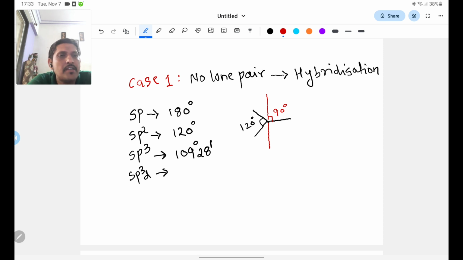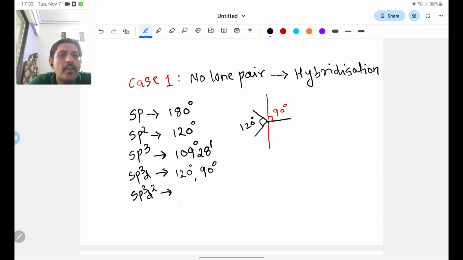So the axial bonds are comparatively weak bonds. This is the geometry that we will get for sp3d hybridization, trigonal bipyramidal geometry. So the bond angle over here, if you observe, we have two different types of bond angle, 120 degree as well as 90 degree. In case of sp3d2,